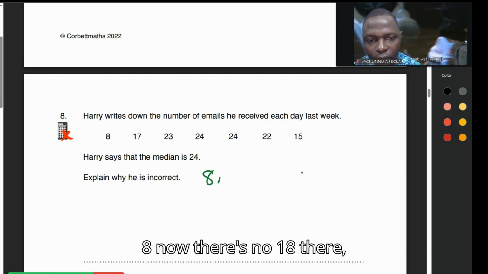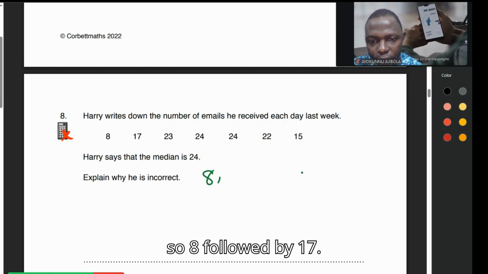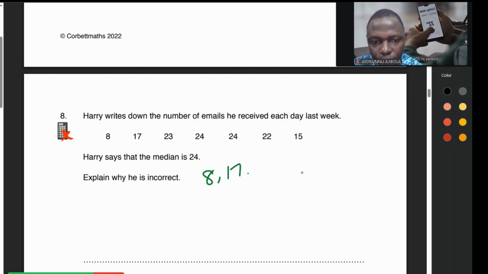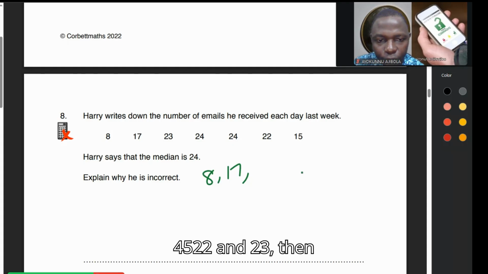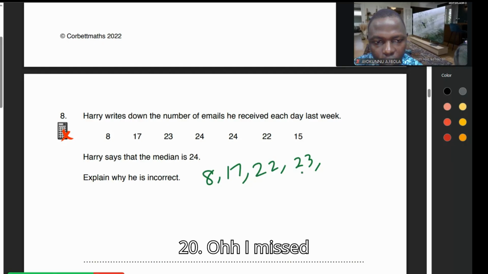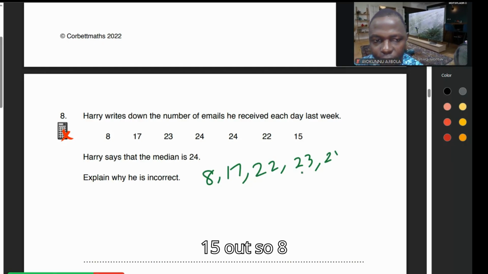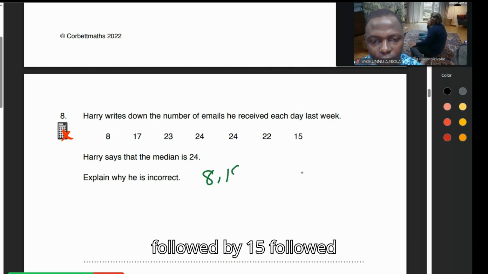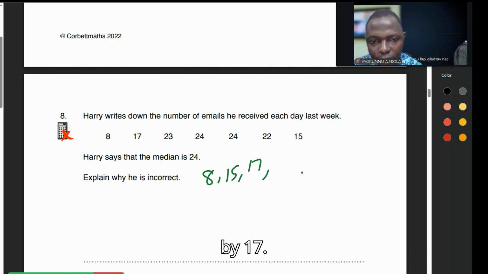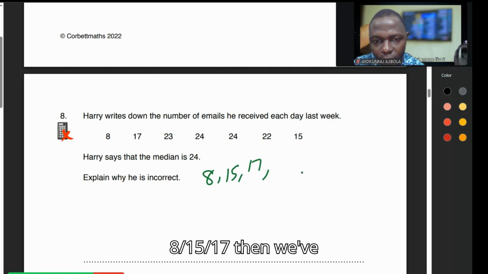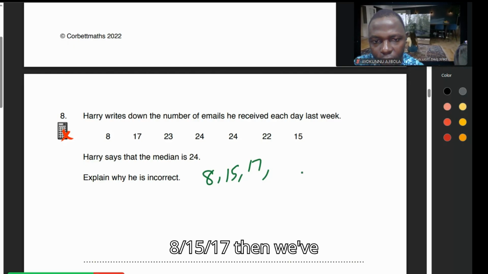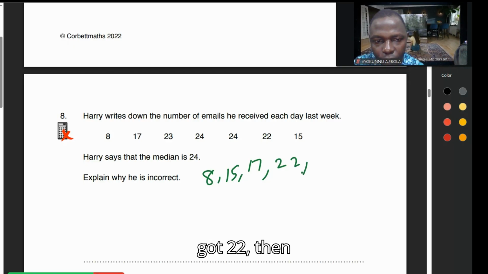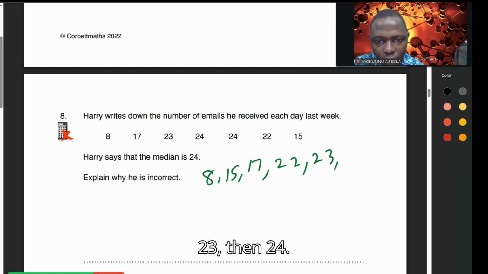So 8 followed by 17, followed by 22, then 23, then 20. Oh, I missed 15 out. So 8 followed by 15, followed by 17. Then we got 22, then 23, then 24,